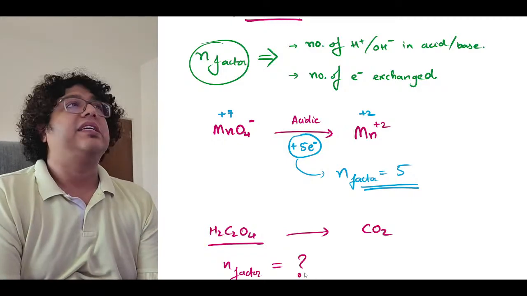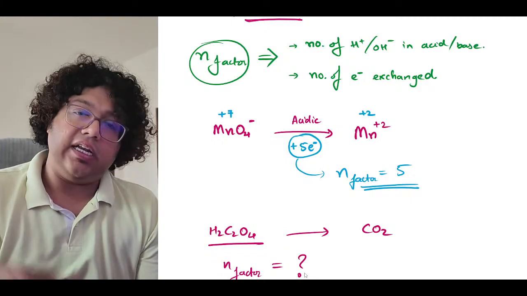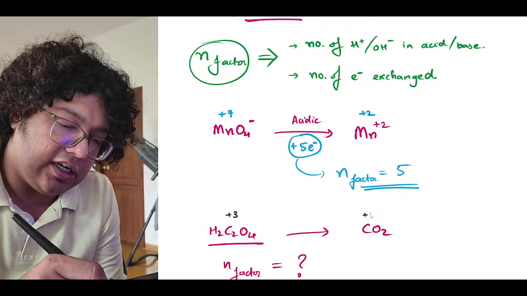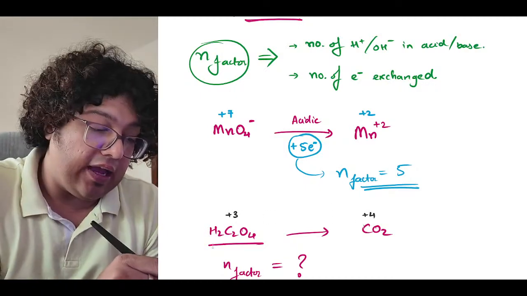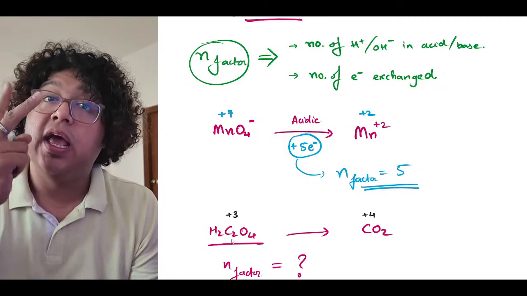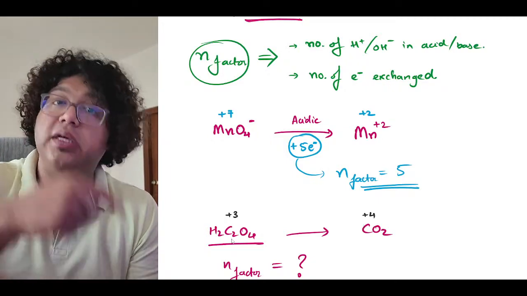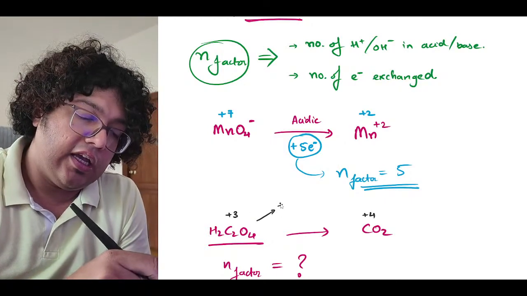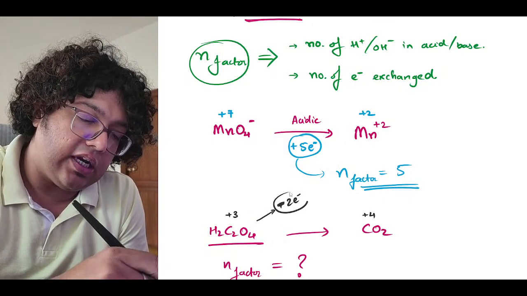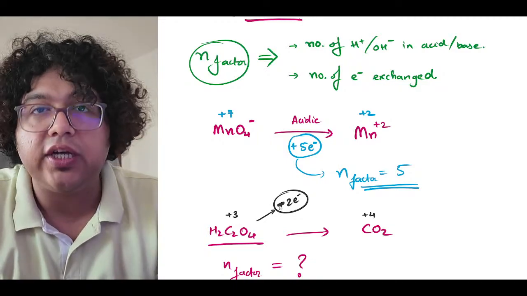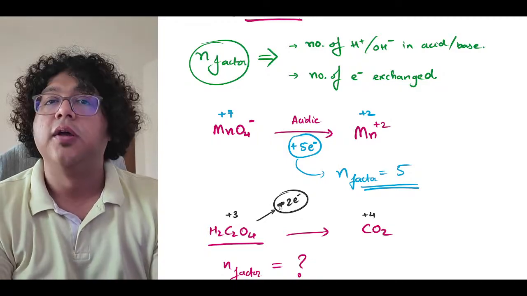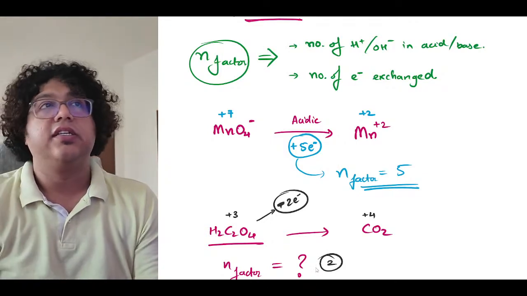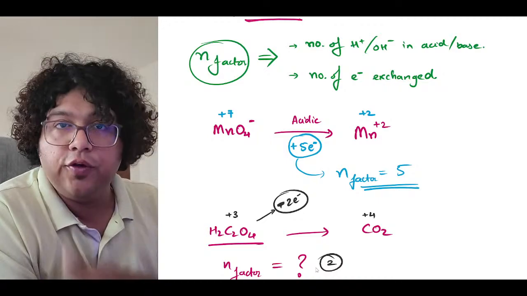Amazing. Guys, all of you I think have got the answer correctly. You can all see, right? In this case, carbon is going from plus 3 oxidation state to plus 4 oxidation state. Now, every H2C2O4 molecule has 2 carbon atoms going from plus 3 to plus 4. So, I will say every H2C2O4 molecule is going to release 2 electrons. And if it is going to release 2 electrons, obviously someone will get those 2 electrons. But what I care about is the N factor for this reaction, and that is simply 2. All of you got this?